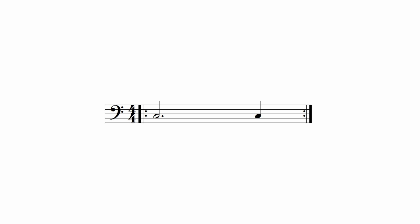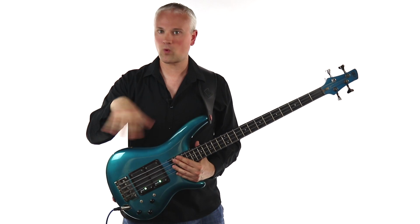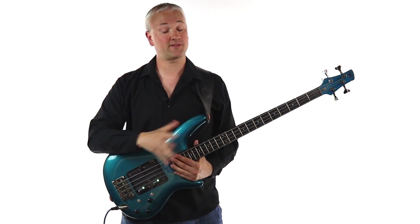The opposite. Once we've learned those basic rhythms and the way that we're dividing them up, we can take that same